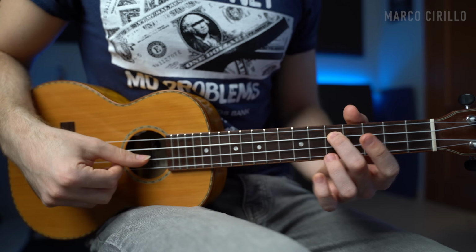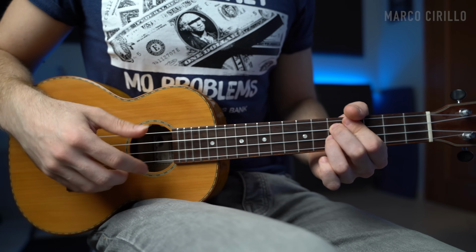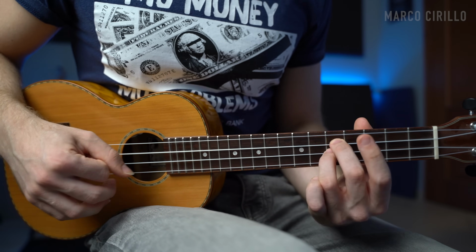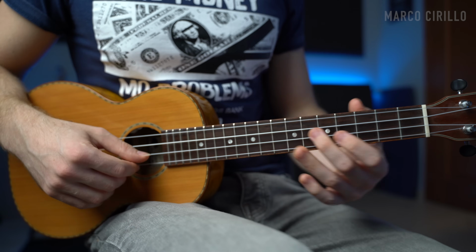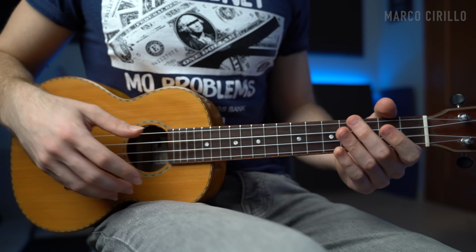So we only have 2 notes, the note F and the note A. And again, we can use the same rhythm and the same chromatic approach on this chord as well. So we have 5, 4, 5, 4, 5. Again, 4, 5. And then we have the fret number 1 on the first string, which again is another chromatic note. So when I put together the first 2 chords,